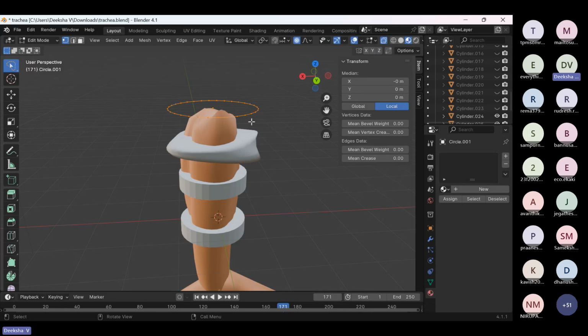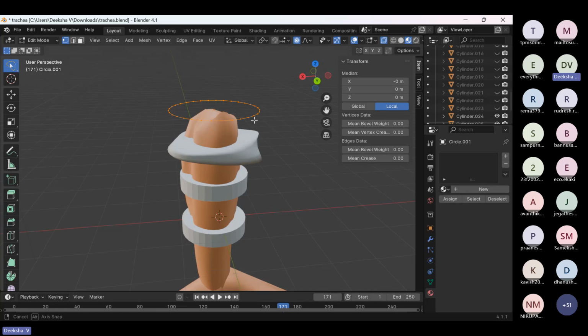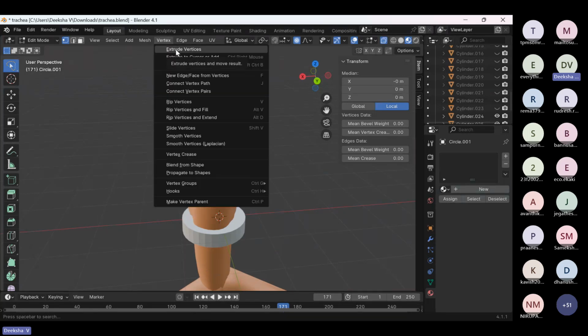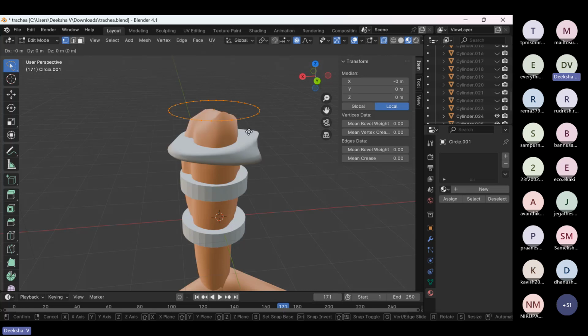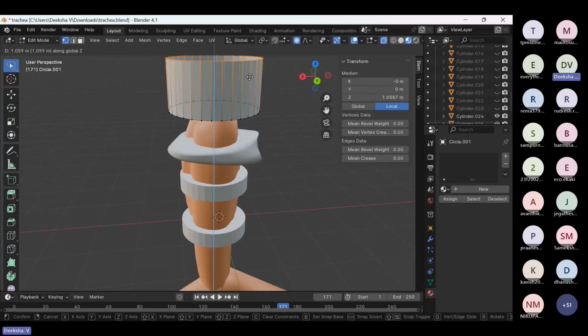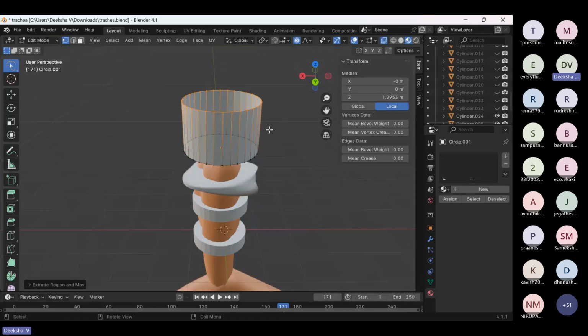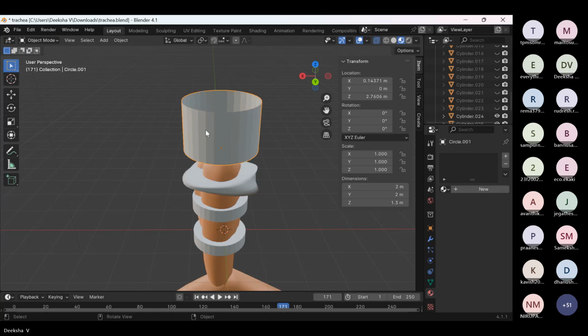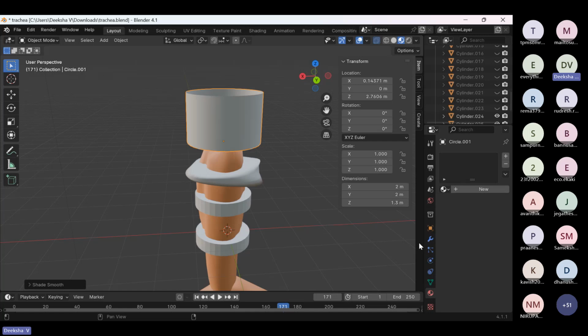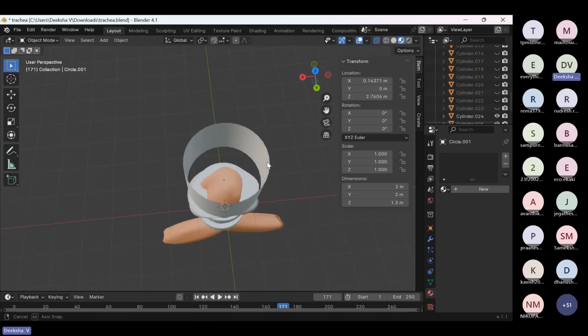you can extrude your vertices. To extrude your vertices, you can either go to vertex and extrude vertex or click on the E option. E, so you can extrude. But you want it along a particular axis. So let's say I want it along Z axis. I can do my Z, move it up a little, something like this. Then I can go back to my object mode, then right click shade smooth, and